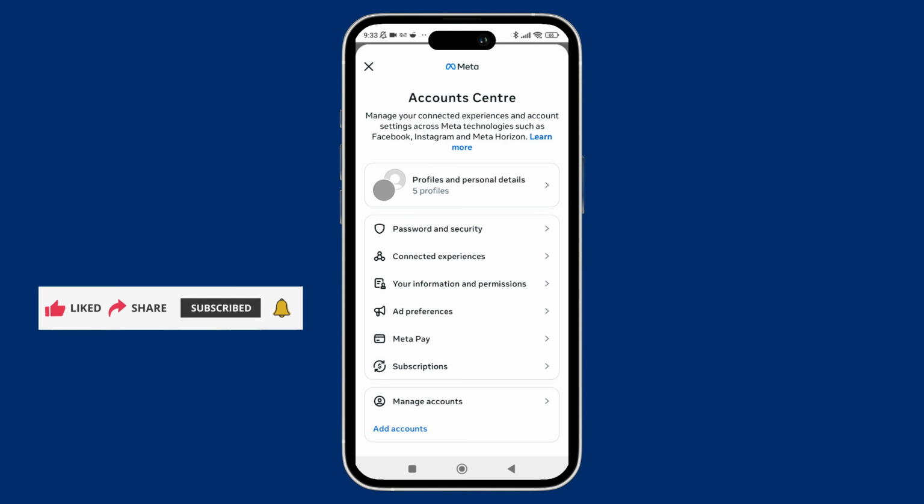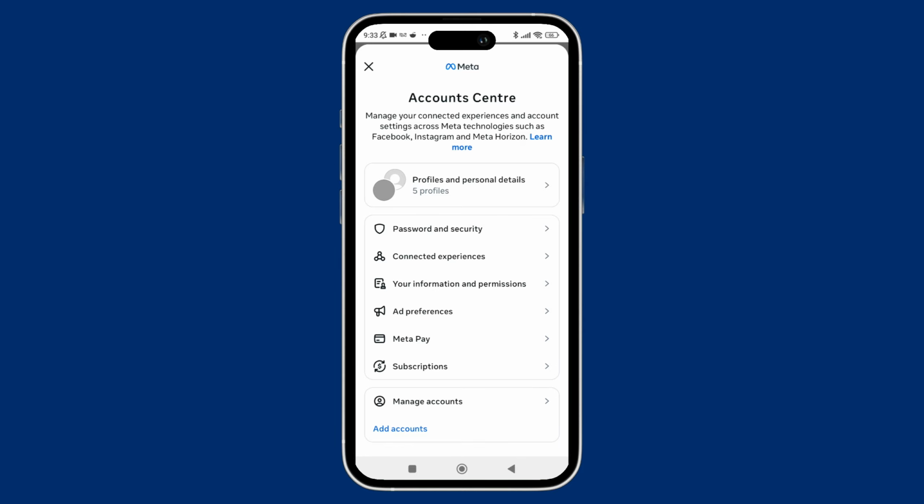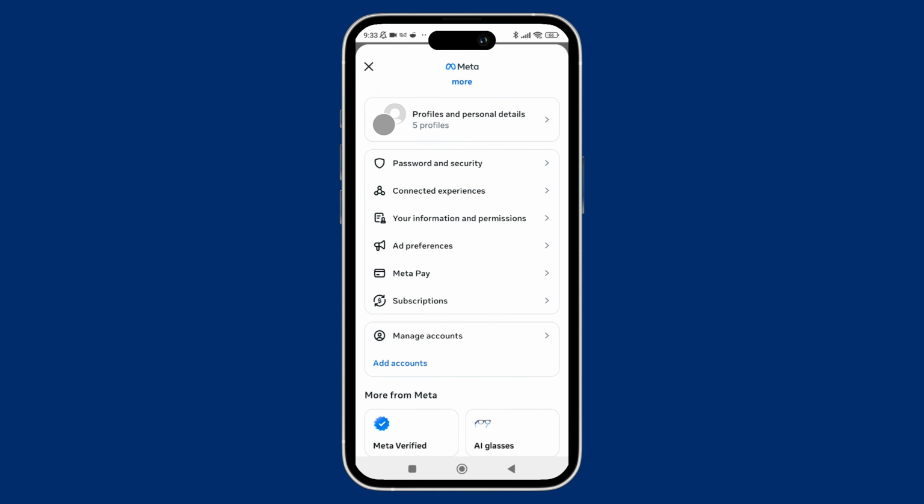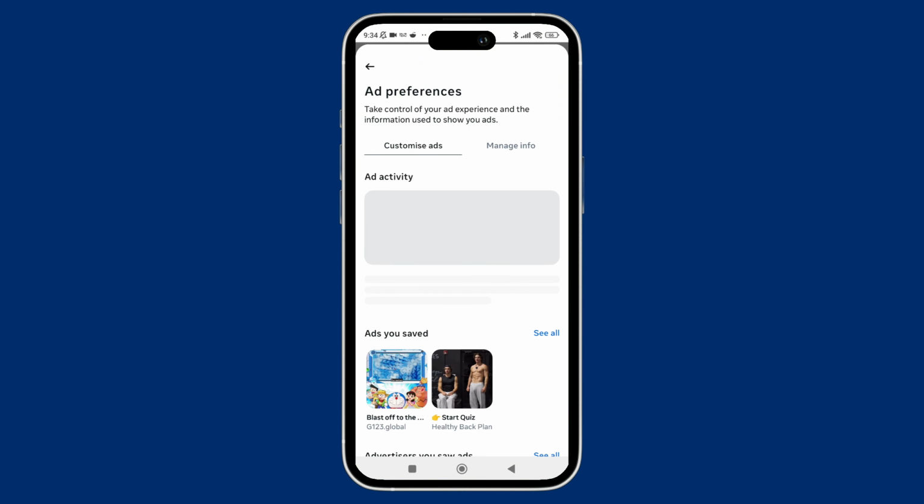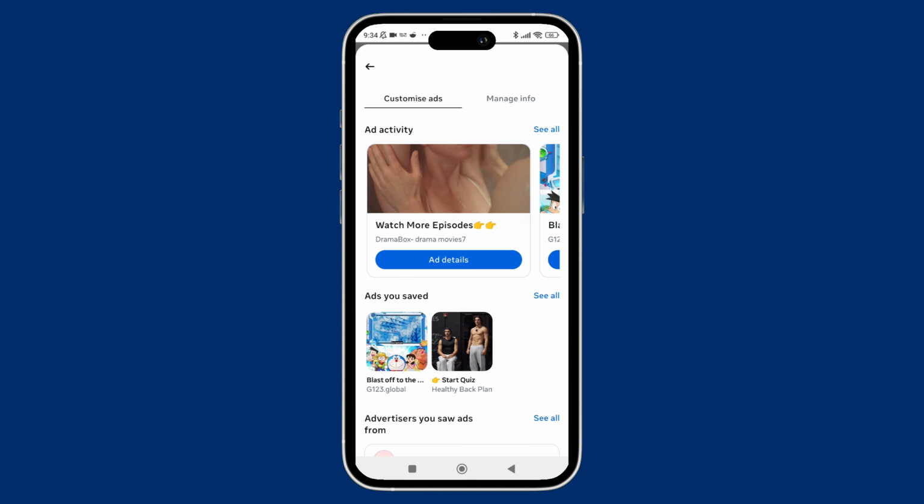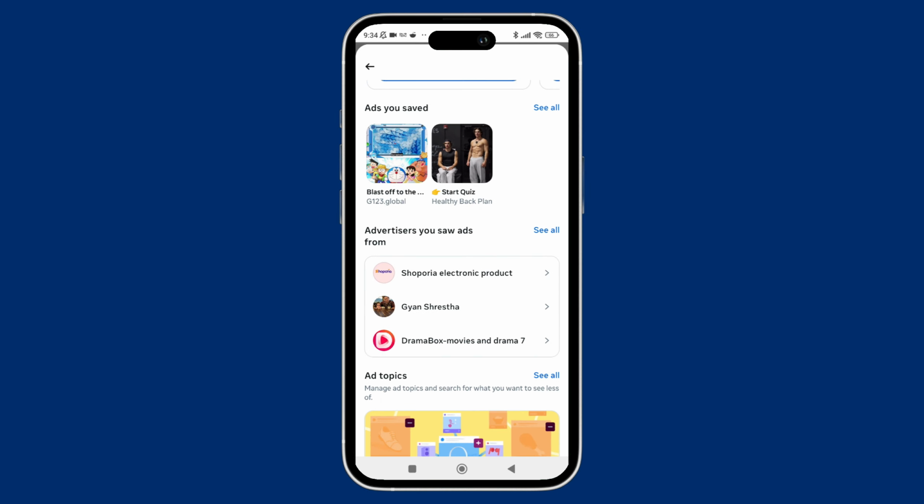And now here, once you are inside the Account Center, simply scroll down and tap on the option labeled as Ad preferences. Now here you simply have to scroll down and there you'll see the option labeled as Advertisers you saw ads from. So there you just have to tap on See all beside that option,